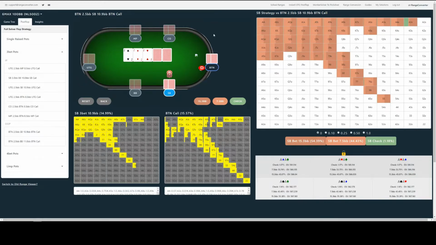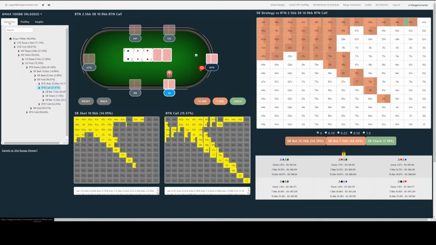Okay, and so now we can navigate through the flop action, again, much like pre-flop, either by using the action buttons here, check, bet 33% pot or 67% pot here, or we can click on game tree, and as you can see we're at this node here.